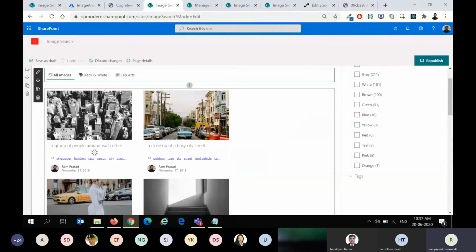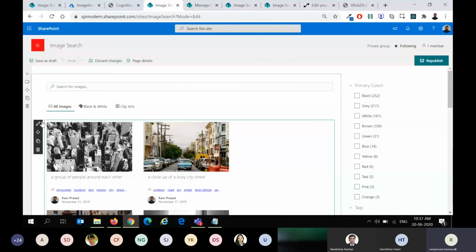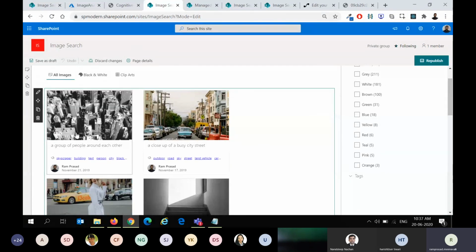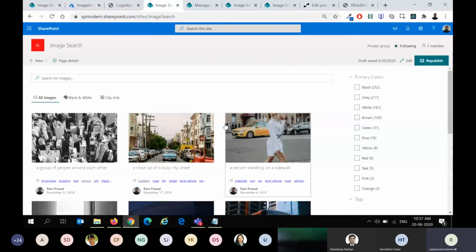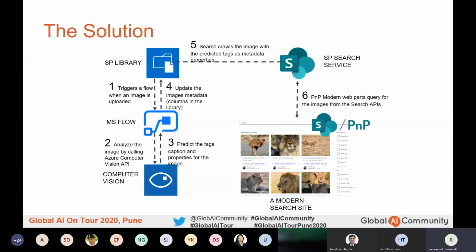Then we have the results, and the results is one important or most extensible web part where you can define custom templates for each result item. So you can completely change the UI and make it look how you want. And then we have the refiners. These are again linked to the different aspects or different metadata returned from computer vision, right? So that metadata is in turn mapped to the SharePoint managed properties, which are shown as refiners here. So overall, at a very high level, that's the suite of products which we are using and how it works. So this is the solution, right?